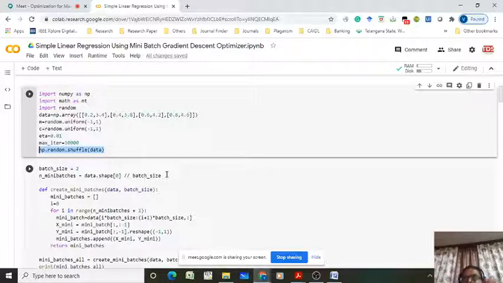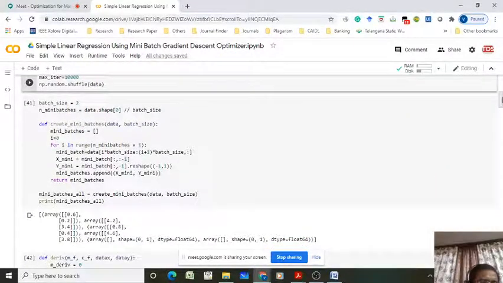Instead of always the first two samples in the first batch and the third and fourth samples in the second batch, I want to randomly generate a batch. Not first sample and second sample in batch 1, third sample and fourth sample in batch 2, like that. I want to choose maybe 1 and 3 in batch 1, 2 and 4 in batch 2, or 1 and 4 in batch 1, 2 and 3 in batch 2, like that. To do that, I am shuffling the data along the row wise.